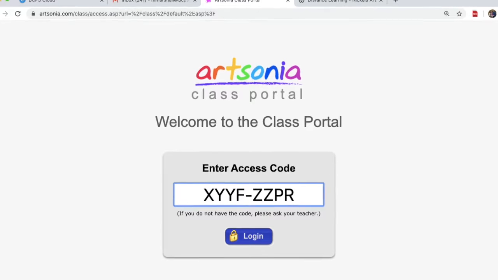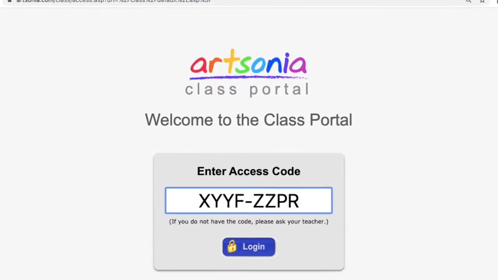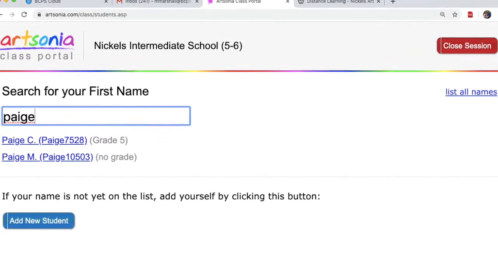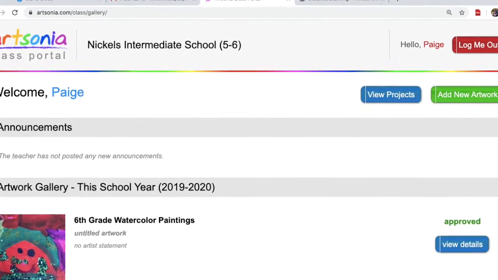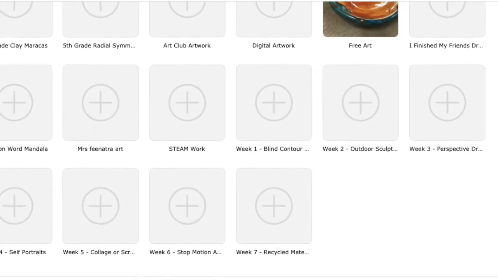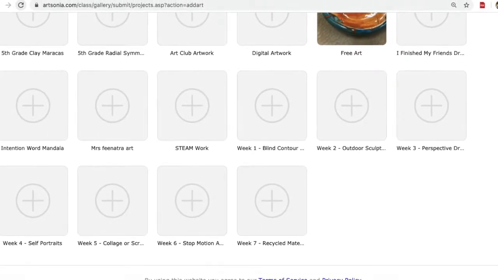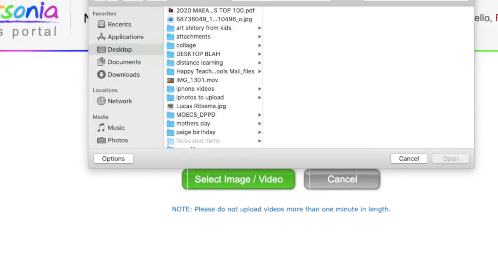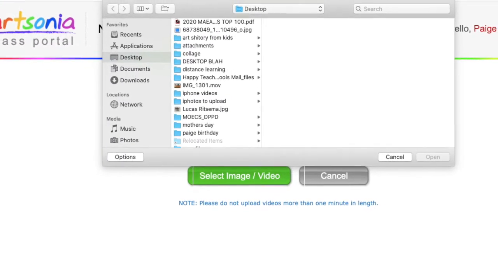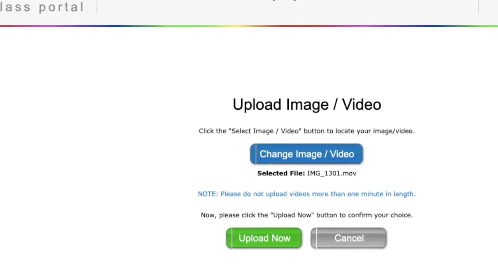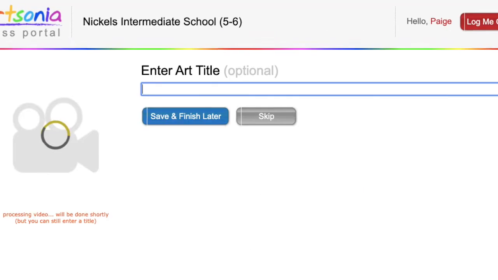So to upload it to Artsonia, just go to Artsonia/class, type in your access code, type in your name, make sure it's the correct student, and then go to the upper right hand corner where it says Add New Artwork. You want to make sure you're on week 6 there where it says Stop Motion, and then select image or video. Figure out where you saved it, click on the file, and then you're just going to start that upload process. It may take a little bit,